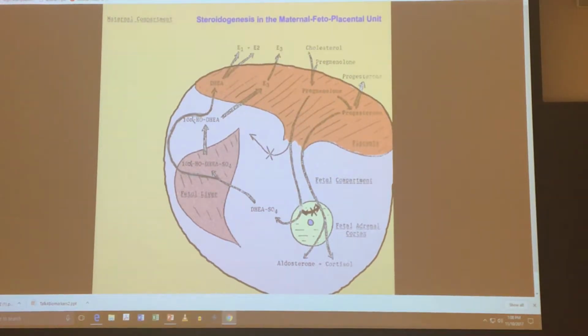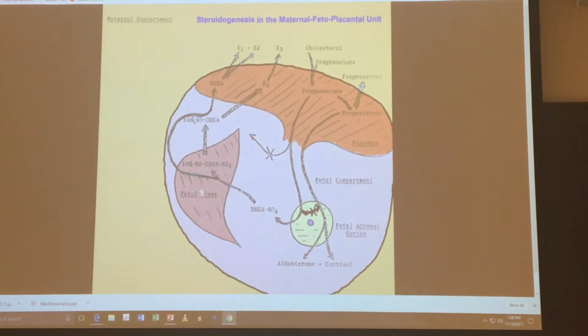Progesterone and pregnenolone being processed by the fetal adrenal cortex, which is developmentally different from the adult adrenal cortex, even though it does some of the same things. It does make cortisol and aldosterone from progesterone, but from pregnenolone you get weak androgens,